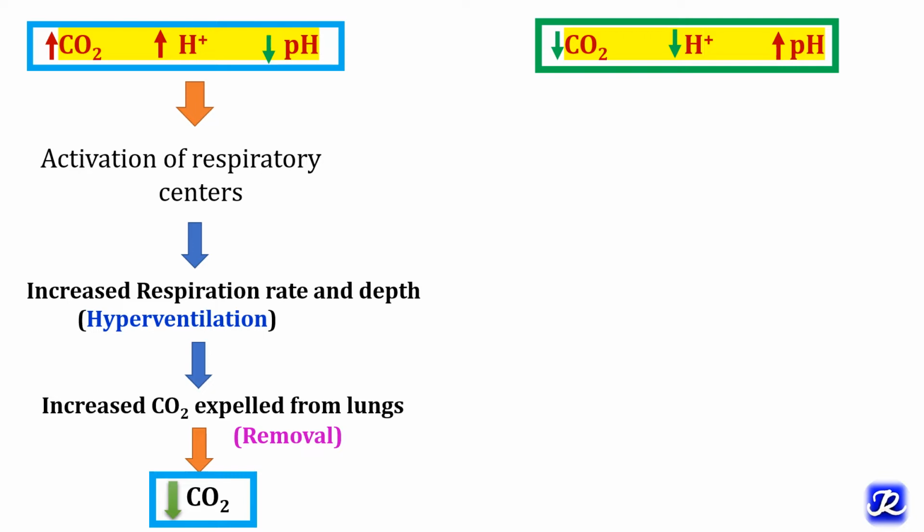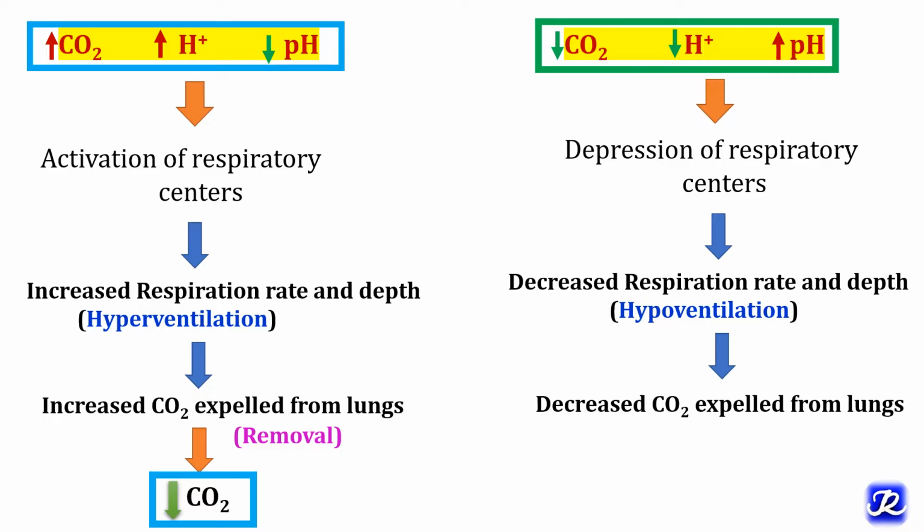And when there is decreased carbon dioxide, decreased hydrogen ion concentration and increased pH, it results in depression of respiratory centers. There is decreased respiration rate and depth. It is called as hypoventilation, and less CO2 will be expelled from lungs. So there will be more retention of CO2 inside blood, and it leads to increased concentration of carbon dioxide in